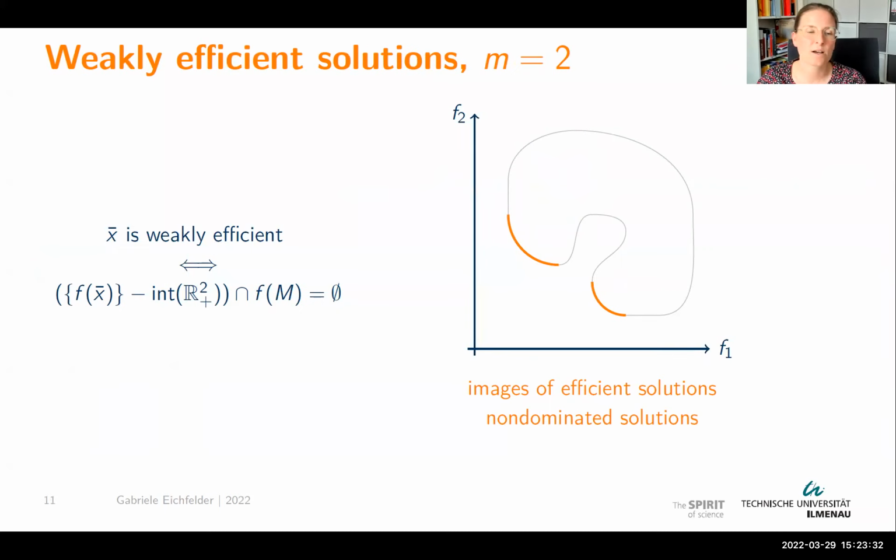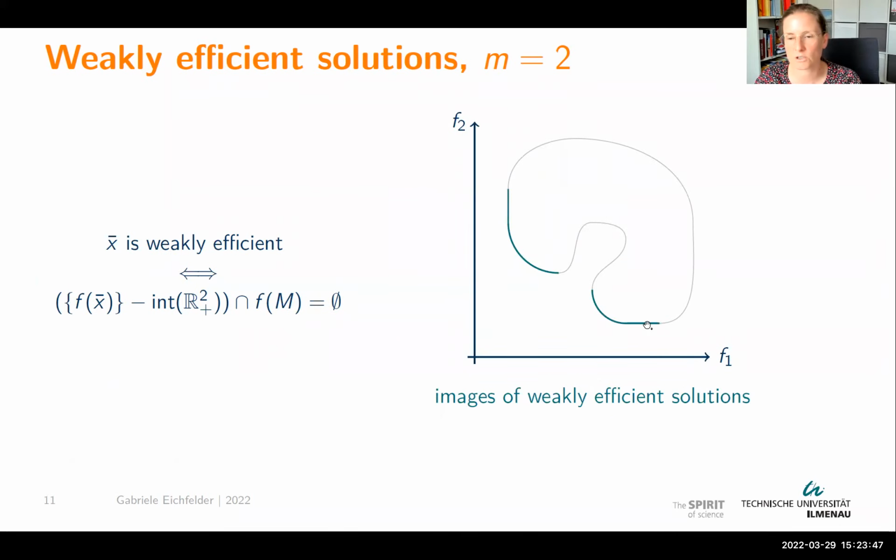So now comes an illustration of weak efficiency. On the left-hand side, you see the set notation. On the right-hand side, you can still see the illustration of the image set of efficient solutions. Now let's have a look at this part and that part. I go over to the images of weakly efficient solutions, and you can see that we added some points here and there. I go shortly back and forward, so you can see that we added points. For instance, this point here is an image of a weakly efficient solution, which is not an image of an efficient solution, because you can still improve the values of your function f1 without worsening the values of f2.